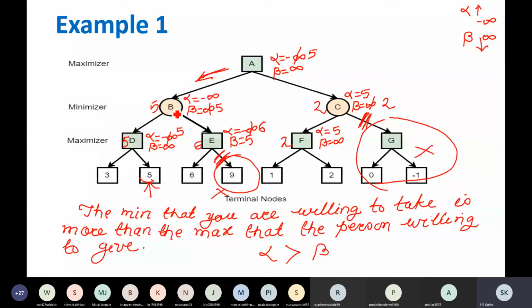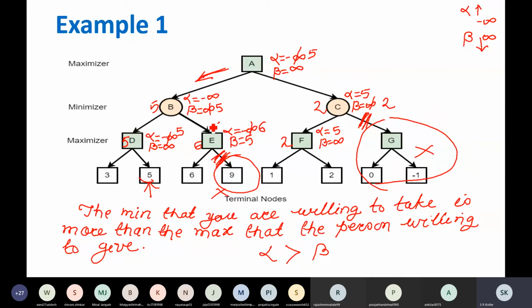Then you go to B and update the value of beta, copying these two values here. Applying DFS, you come here from E to this node with value 6. Then that will update the value of alpha. Before moving further, applying another successor function, the algorithm comes to know that alpha is greater than beta. So beta pruning took place. You did not have to go further, so here we have performed pruning.